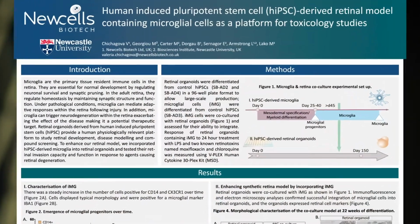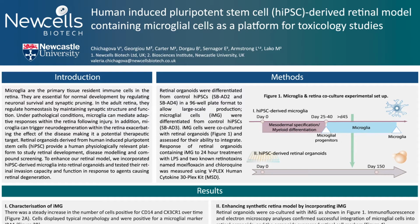My name is Valeria Chichagova and I'm an Innovation Manager at Newcells Biotech. I'd like to present a poster titled Human-Induced Pluripotent Stem Cell derived Retinal Model containing microglial cells as a platform